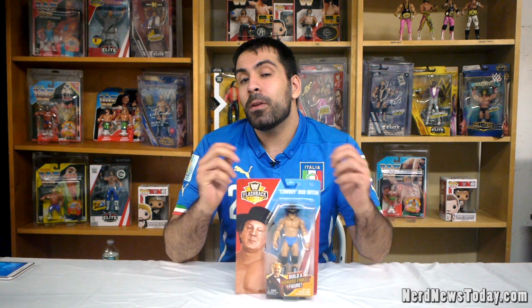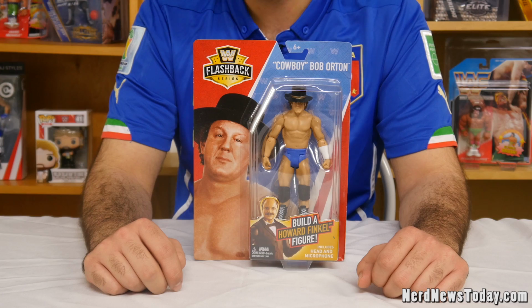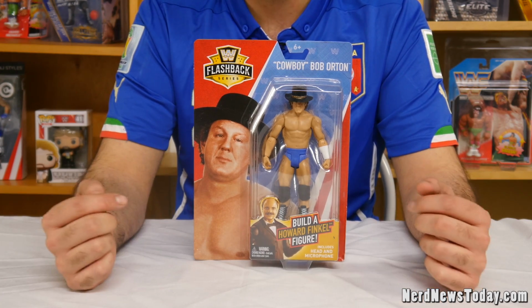Now this is my first episode on these wrestling figures, and to give you a brief backstory, I do love collecting wrestling figures, especially the flashbacks and the old school wrestlers. But sometimes I wonder, why did Mattel decide to choose these attires for the wrestlers? What was the story behind it? Well, today we're taking a look at Cowboy Bob Orton and wondering what time in history did this figure's attire